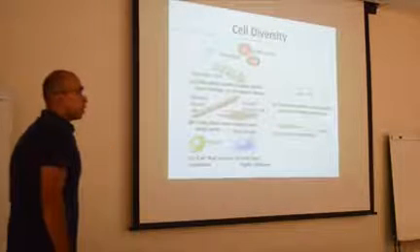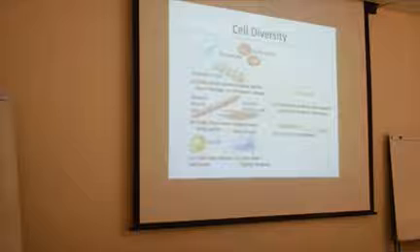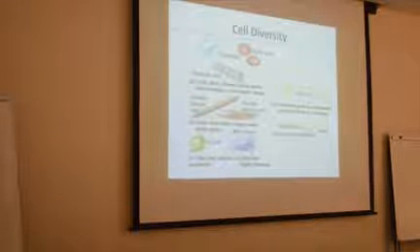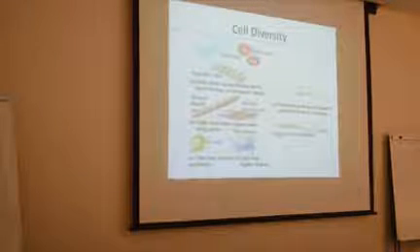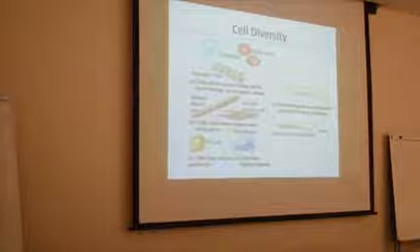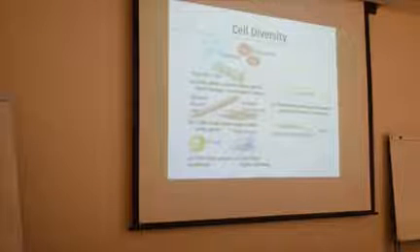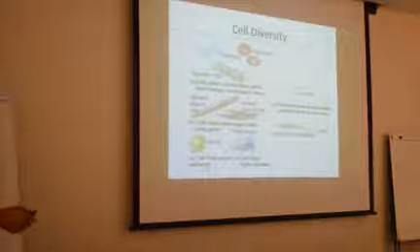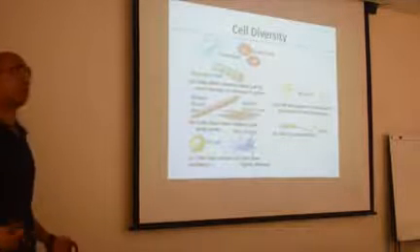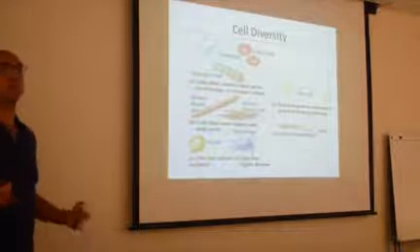Let's start with the cell diversity. So we don't have a single type of cell. We have different types of cells that will form the different tissues that we did see back in chapter 4, if you remember. We did see cells that will be forming the linings and coverings as well as the glands. Those are like my epithelial cells. We did see cells that will have the ability to contract, like my muscle cells, skeletal muscles, smooth muscles, or